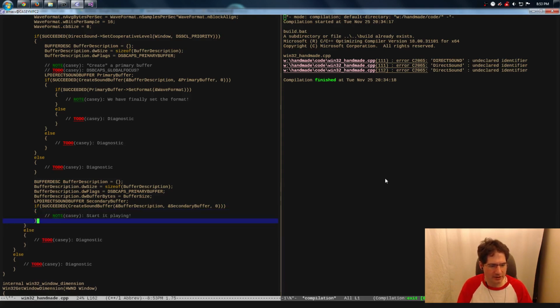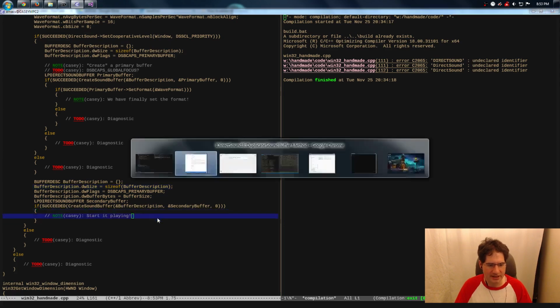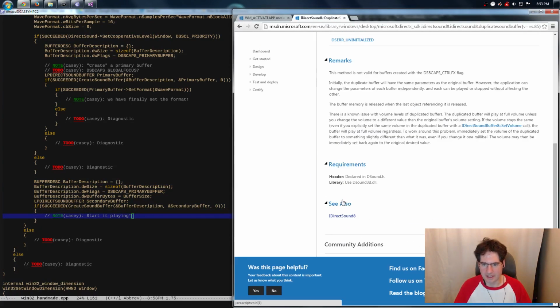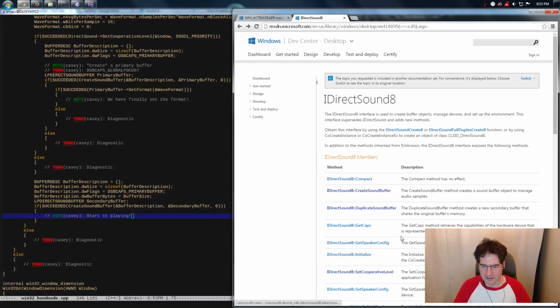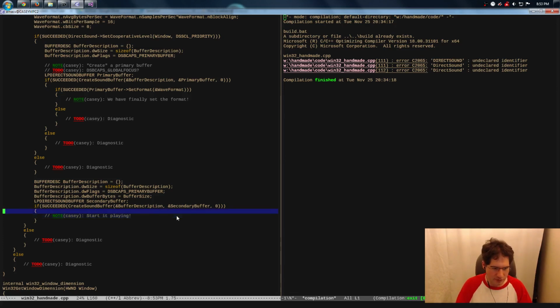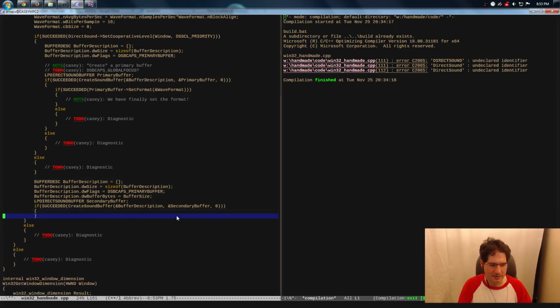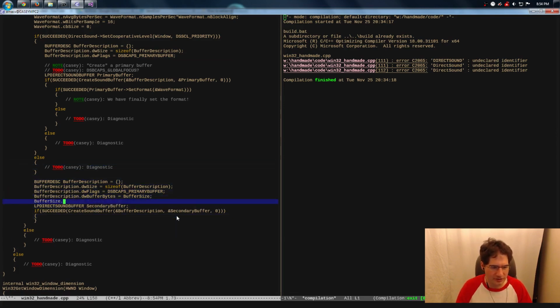All right, so in here, if we can create our sound buffer, I'm going to actually start it playing as well, which will be kind of amusing. It'll just be complete silence because we'll probably clear the memory as well. Oh no, you know what? We won't have locked it yet. So we'll probably actually want to have a second call to start it playing. So I'm actually not going to do that. I'm going to hold off on starting playing. We're going to put that somewhere else. So I'm going to go here and just finish our secondary buffer